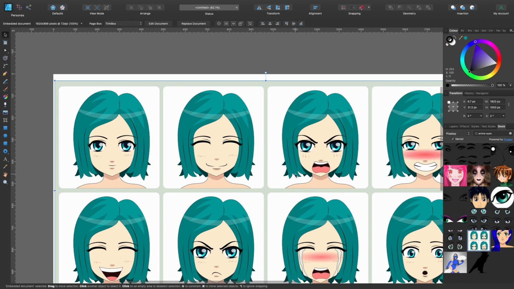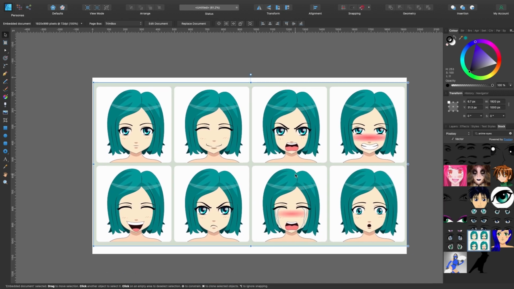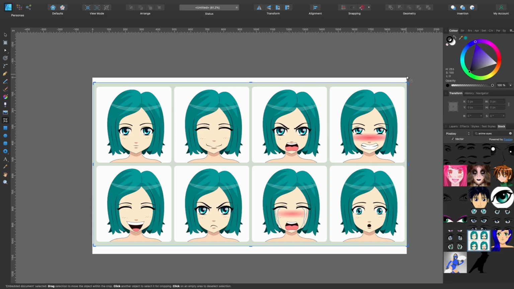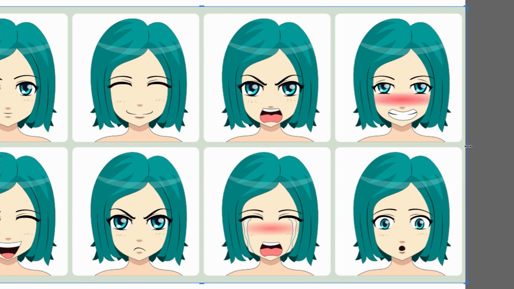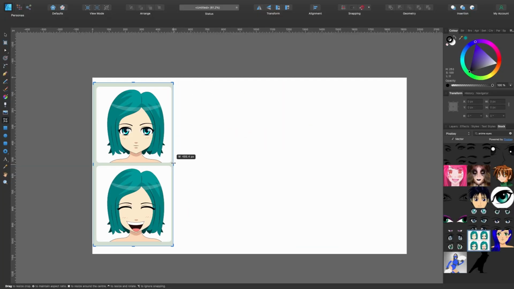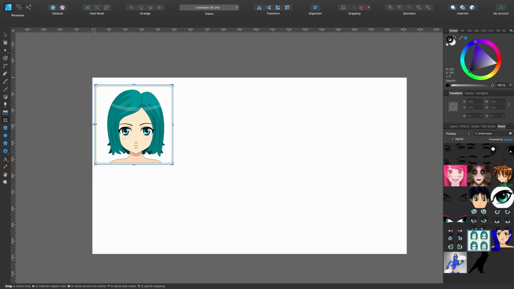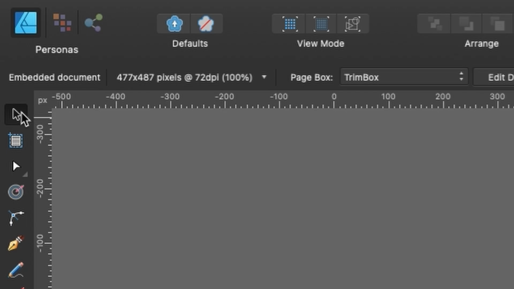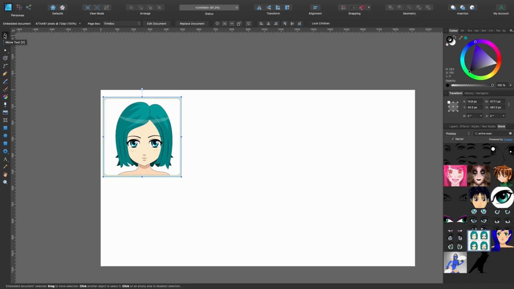So I don't want all of these other faces getting in the way. So we're going to head on over to the vector crop tool on the left hand side. Click on that. Now we've got a blue line around it. We can click from the side and just crop it in like that. And we'll do that on all of the sides. All right, there we go. Now I'm going to switch to the move tool, which is V. Just press V on the keyboard, or you can go up here and click it. There it is, move tool.